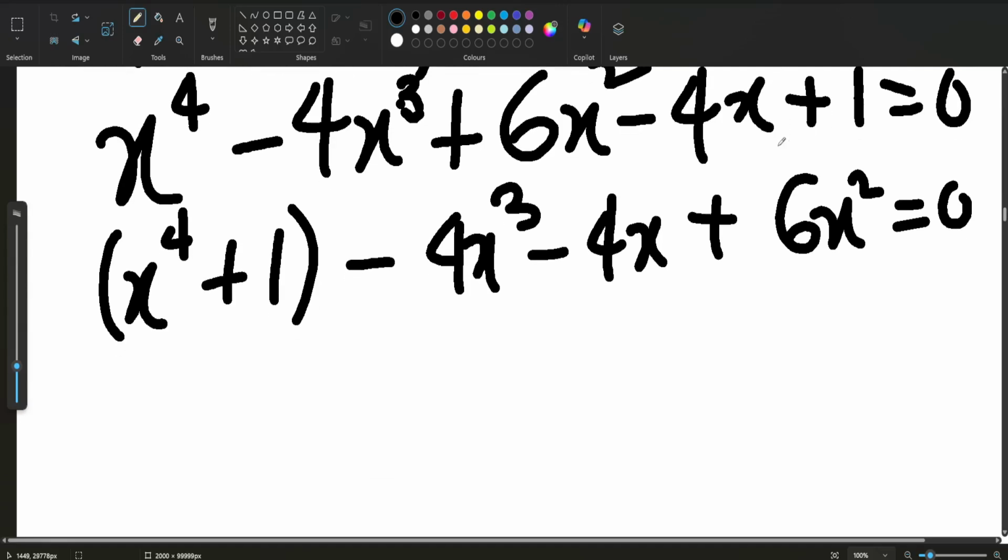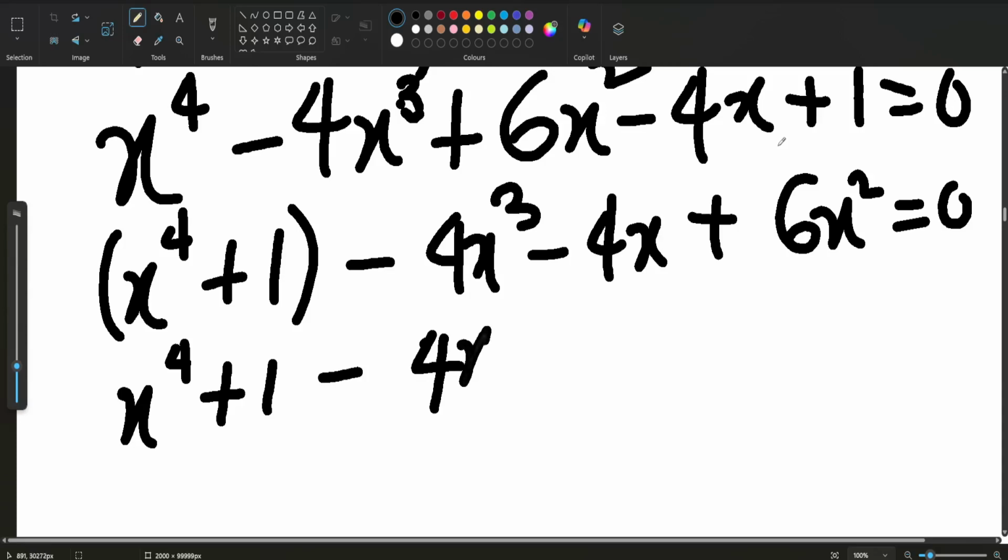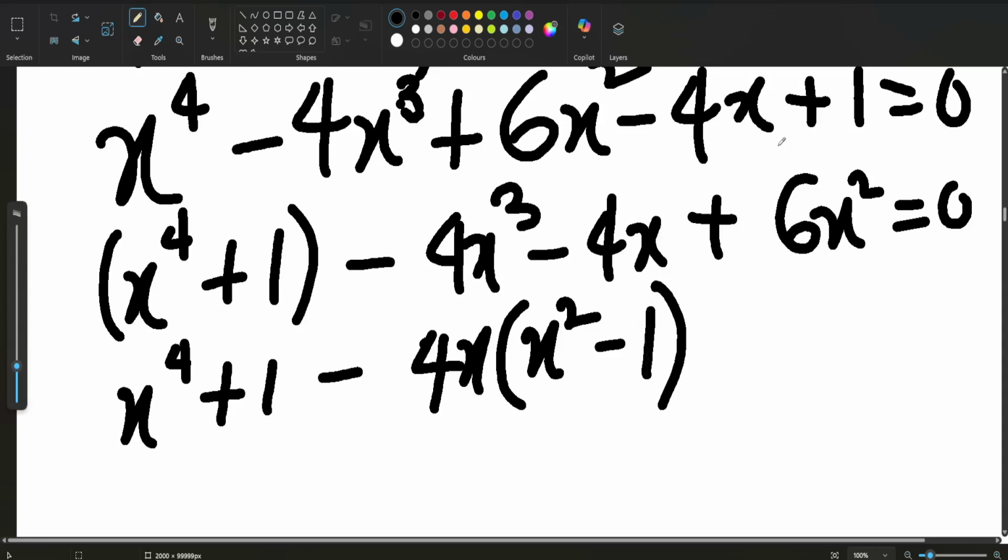Now this is x to the power 4 plus 1, minus 4x, since 4x is common, so that will be 4x times x squared left here, minus what is left here, minus 1. So x squared minus 1, plus 6x squared. Okay, now that we have this,